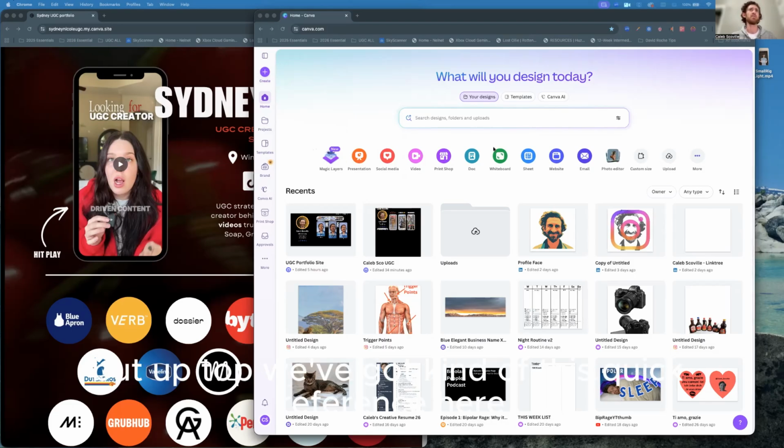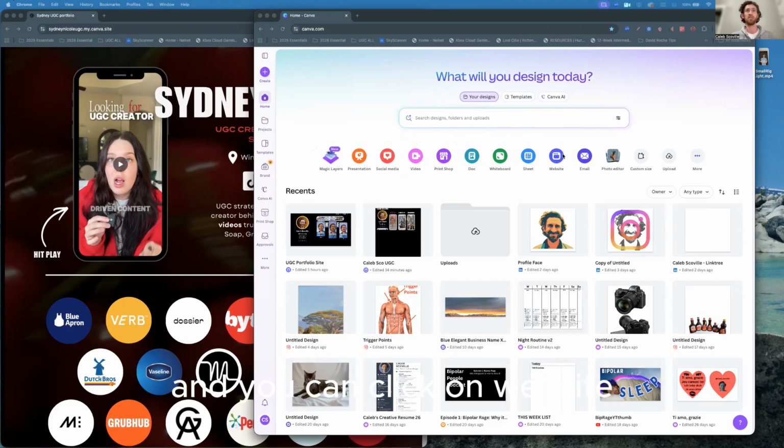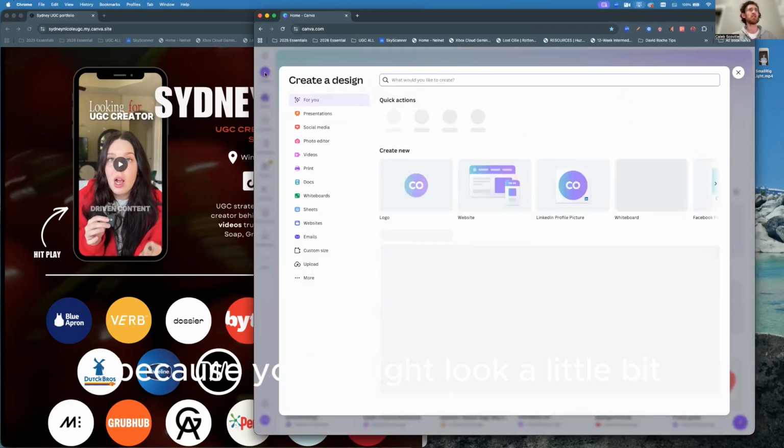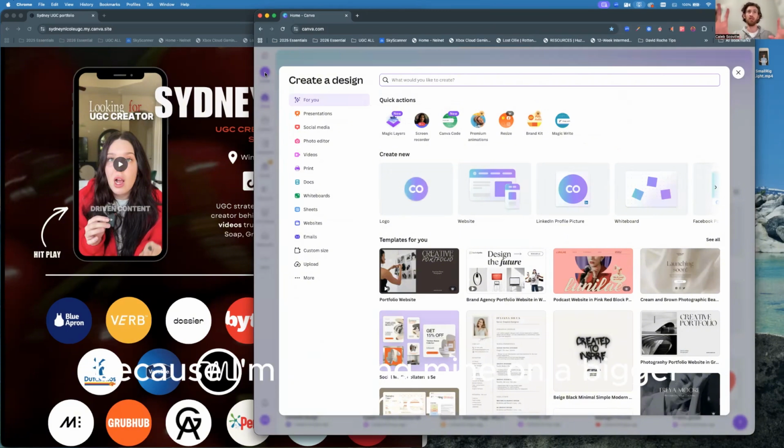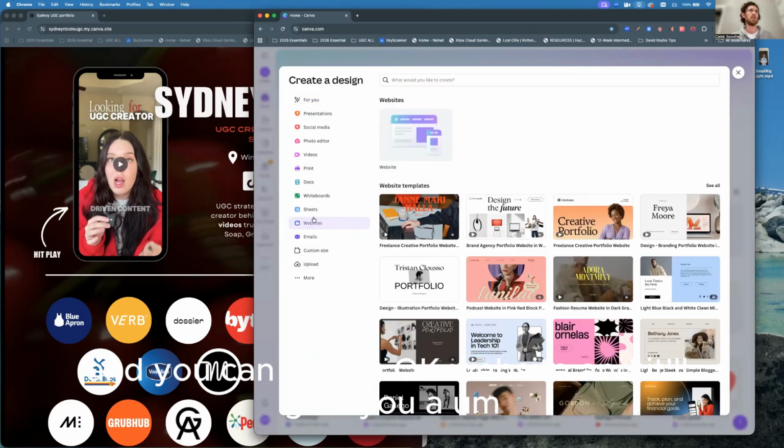But up top, we've got kind of this quick reference here, and you can click on website right here. On the very far left, you can also click on create, because yours might look a little bit different because I'm showing mine on a bigger screen. I'm showing it on a second monitor, which is a little bit bigger. And then from here, you can take a look over here on the left-hand side and you can be like, okay, website. And it'll give you